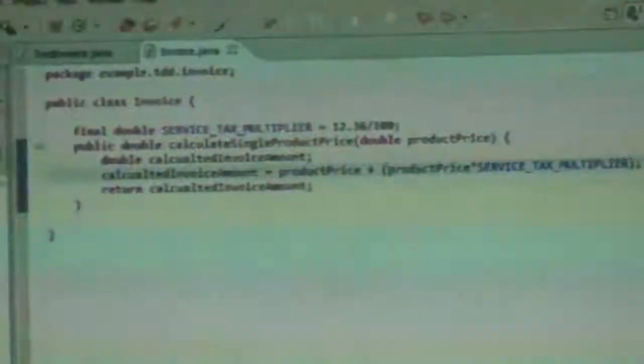Now let's check. Is it giving the desired results? Okay. So my refactoring has not broken any code. So it's a small example of refactoring. Now what should I do? I have one more requirement and I have 15 more minutes to speak. So I have one more requirement which talks about calculating an invoice for a two product system.